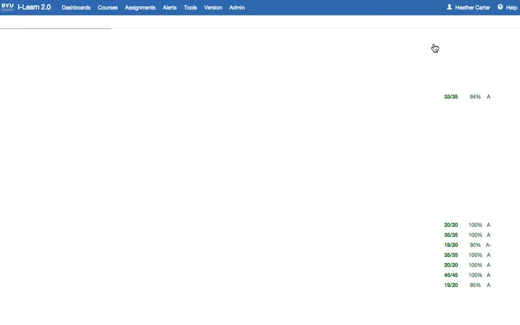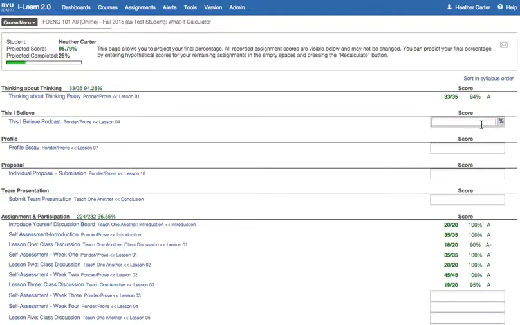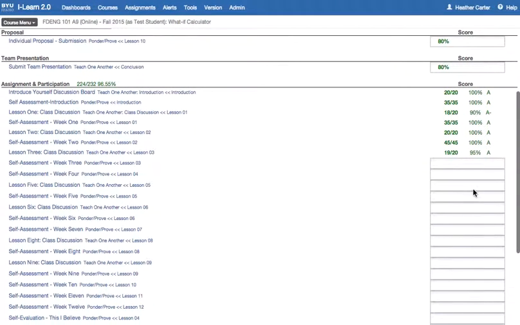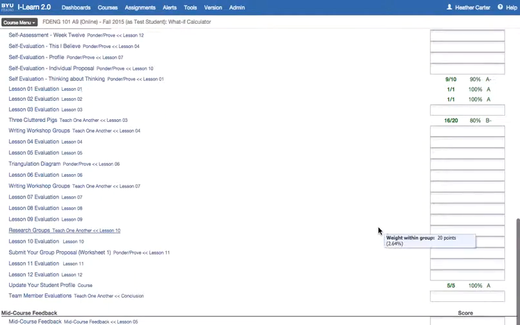So as you go throughout the semester, if you're wondering, oh, how can I bring my grade up? Or, what if I got a 90% on these other papers or even 80%? You can fill out your scores on all these other assignments that are left remaining. What if I got 100% on all of these? And in the end, I'm not going to take the time to fill out all of them, but you can basically fill out what